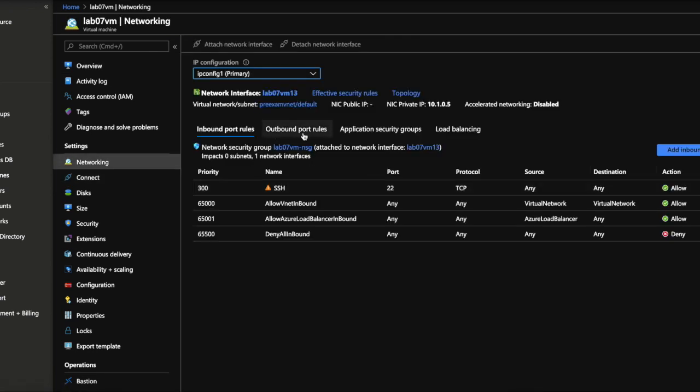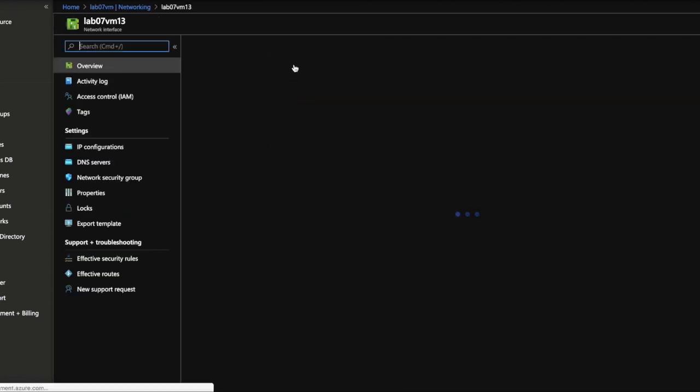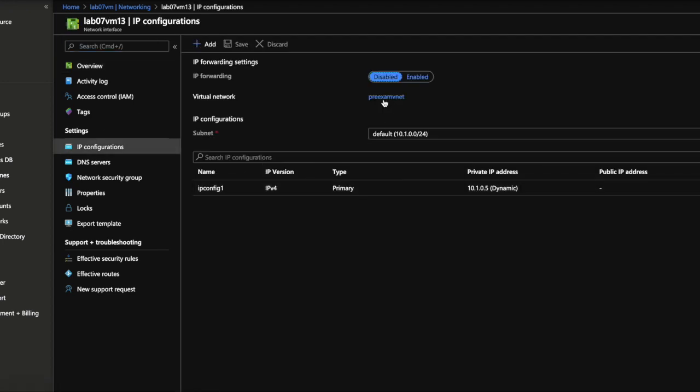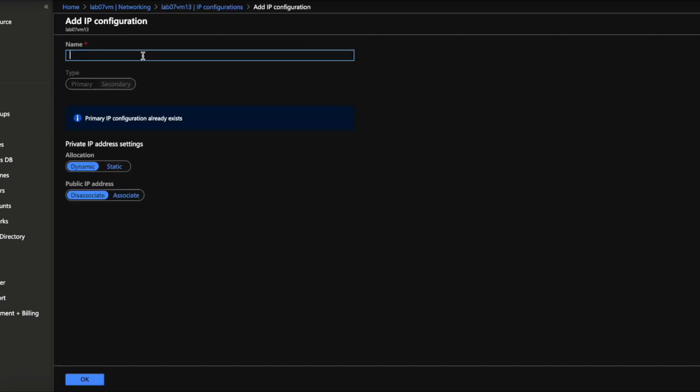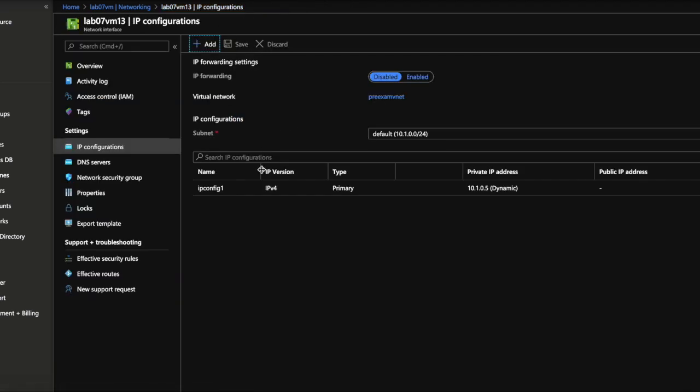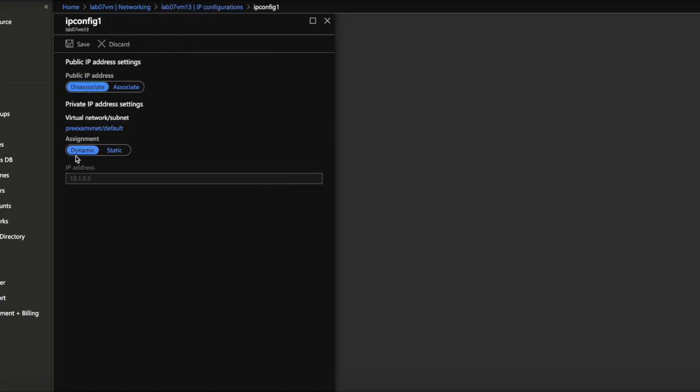and here you will see the network interface card, and here you will get to IP configurations. So you have this network interface card which has this IP. Either you can add another interface card, but what we'll do is go back to this interface card only and attach the public IP to it. So, options, associate,